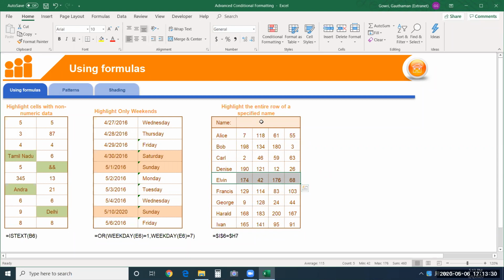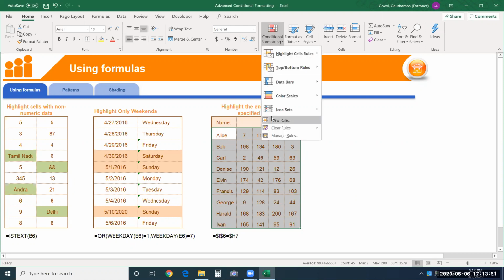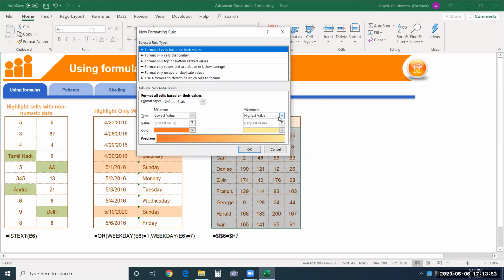And if I change the name, the other name should get highlighted. Whichever name I type here, that name's entire row should be highlighted for me. So you understand here, you need to only select the cells which have to be colored or highlighted in any way you want. And then go to conditional formatting, just a new rule.